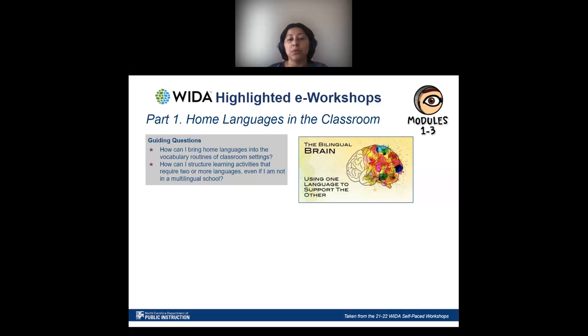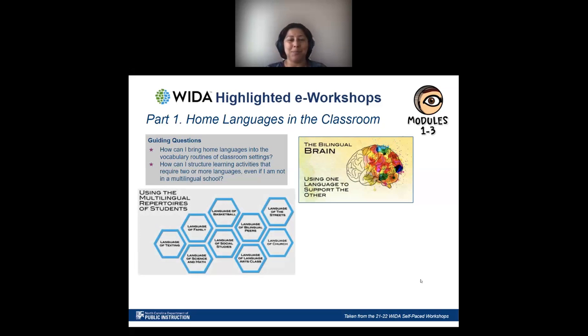And then on module 3, there were some readings and activities, again, about, if we click, and thank you. They were talking about the students' linguistic repertoires, and it's, again, using everything that the students already know and bring that knowledge to the classroom to help them make those connections. So in the graph, you can see that we're talking about the language that the kids use to talk in the playground, when they're in the different content areas, social studies, the language of math, the language of language arts,